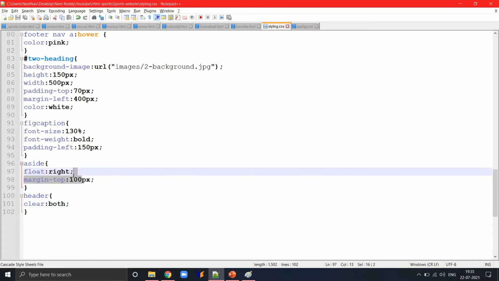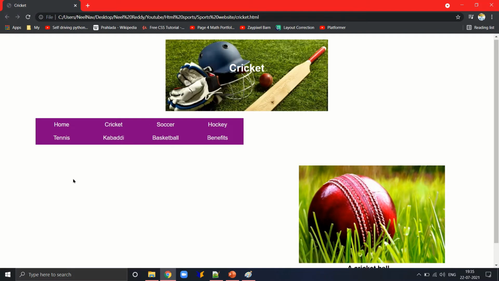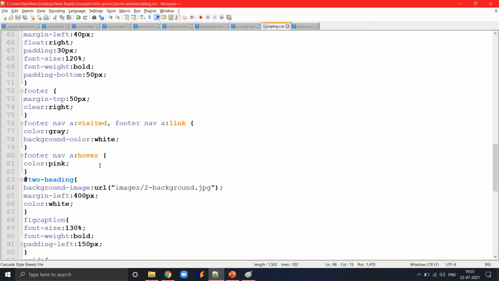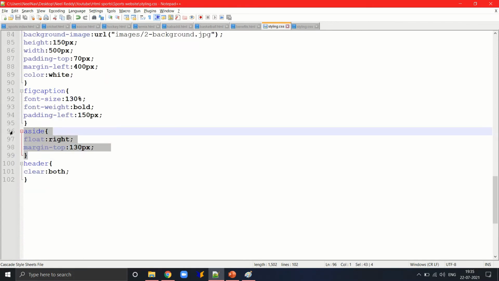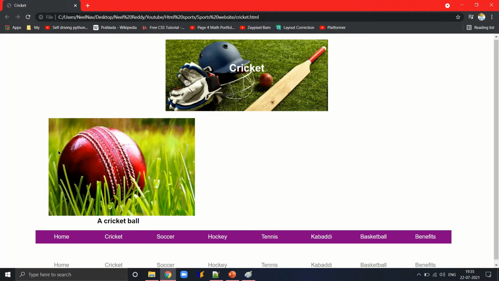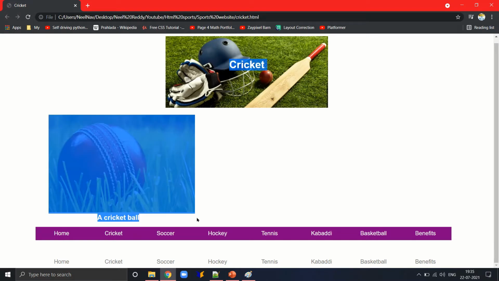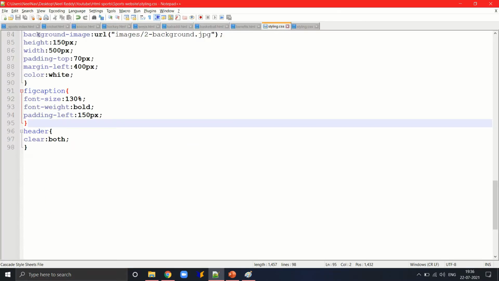One second. Let's try increasing this even more and check whether it works. Seems like there's some problem with this thing. Let's try removing the side styles and see how it is. Oh, I get it now. This is placed above this, so it's not below this. So to make it come below this,